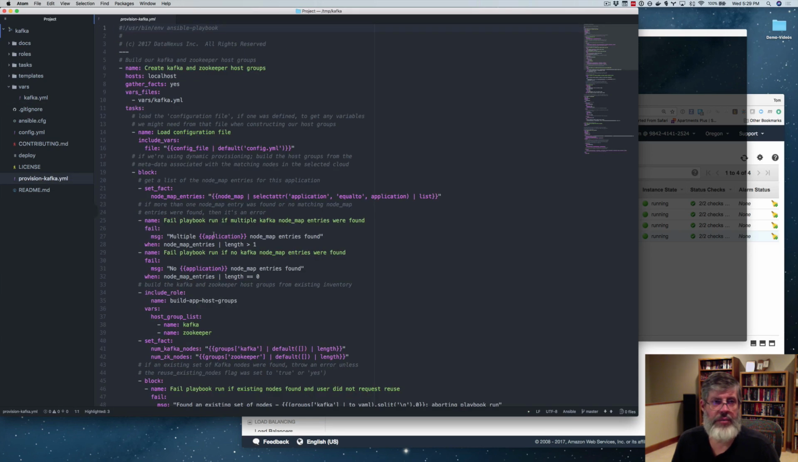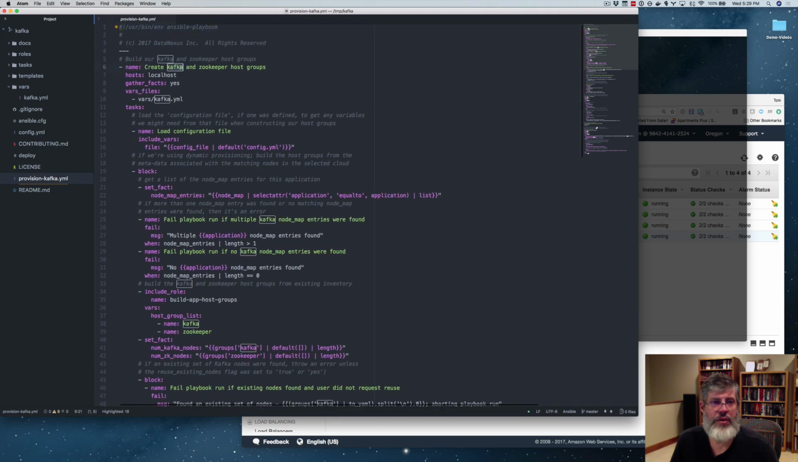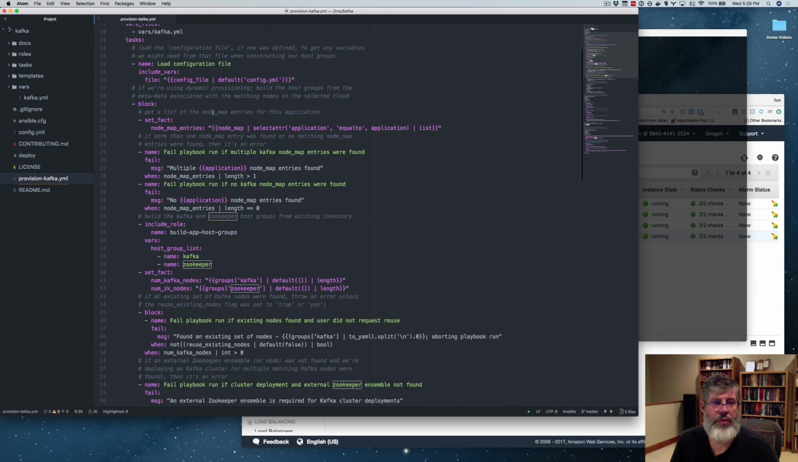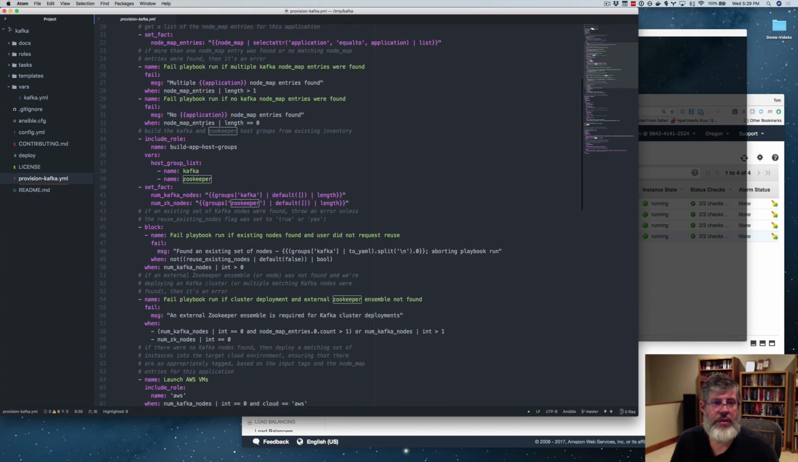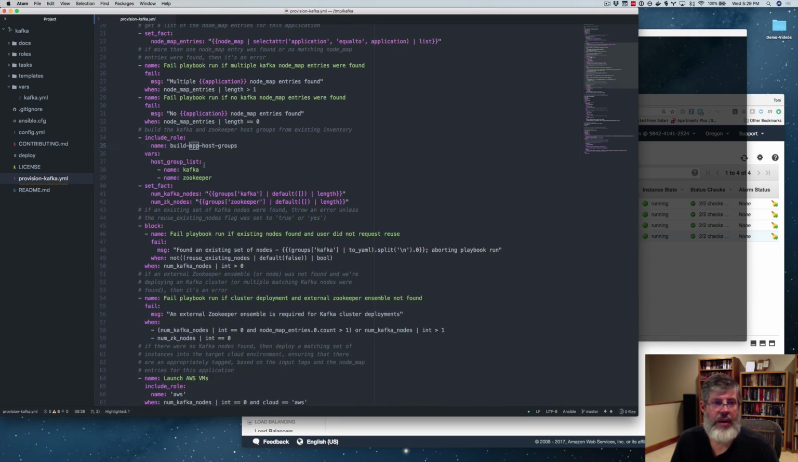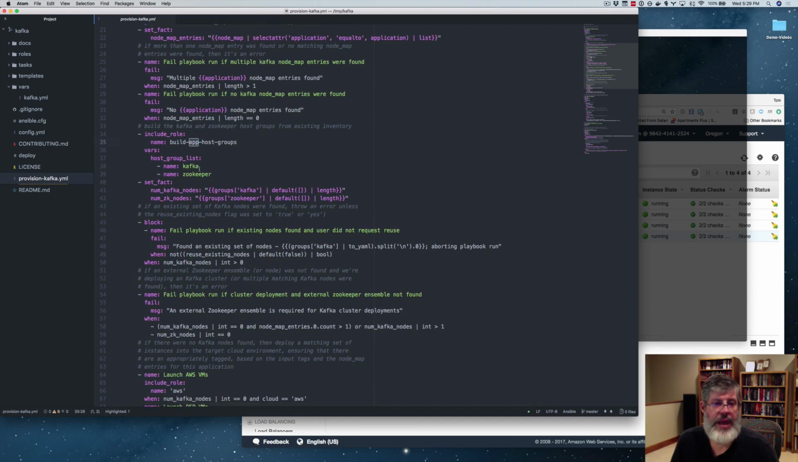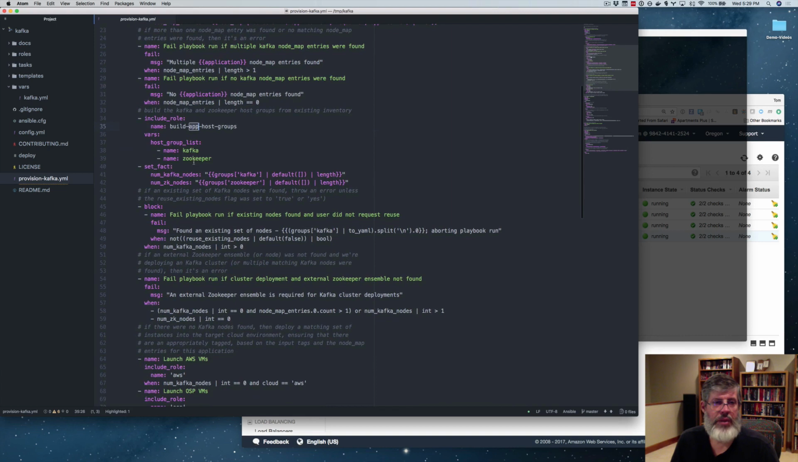The provision Kafka playbook itself is quite similar to the playbook that we showed you for the Zookeeper repository. The only difference here is that we are creating host groups for both the Kafka nodes and the Zookeeper nodes. And if you go through the playbook, it'll look very similar right down till we build our app host groups. And you can see we're passing in a list of the application names that we want to build host groups